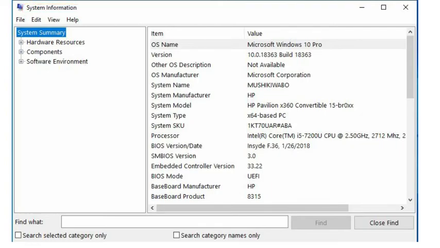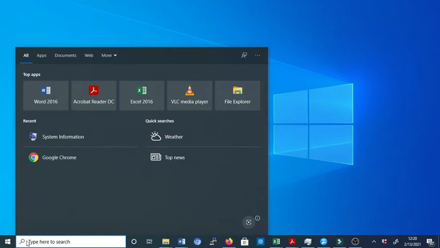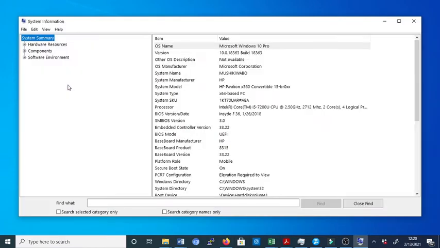How to use this method? Go to Start and search MS Info 32 and click the top result, which is the System Information app. Now click, and the System Information window will open. From the left navigation pane, select the System Summary, and from the right side, you can check now the computer specs, including